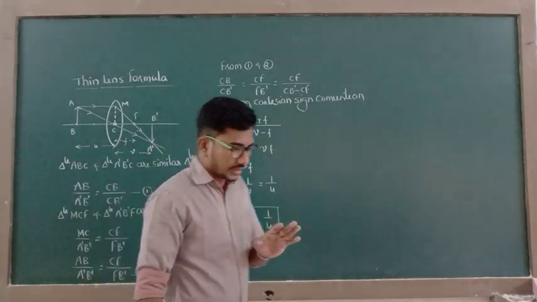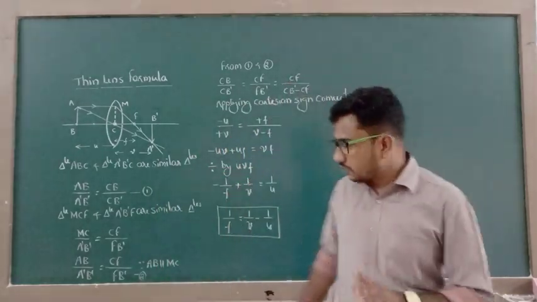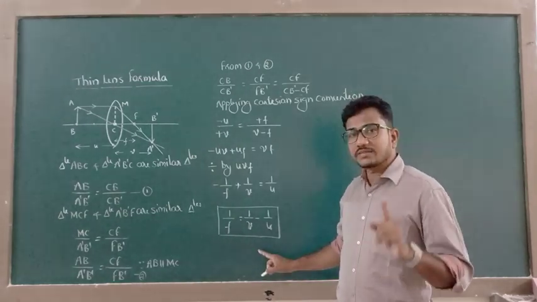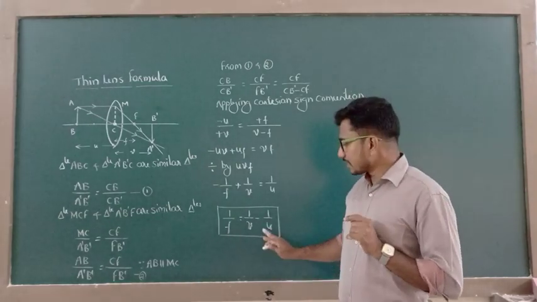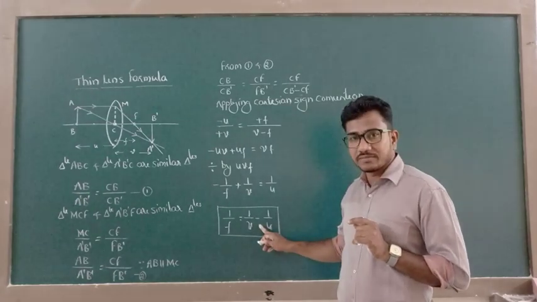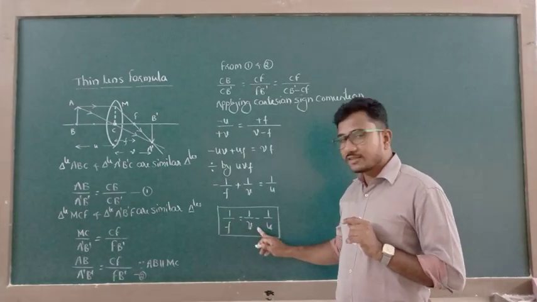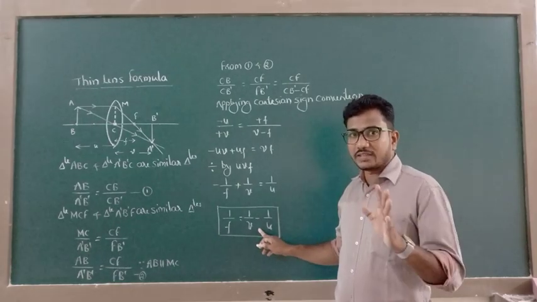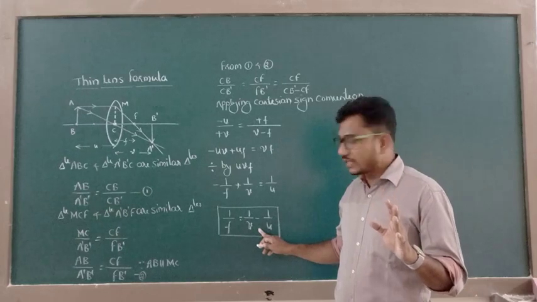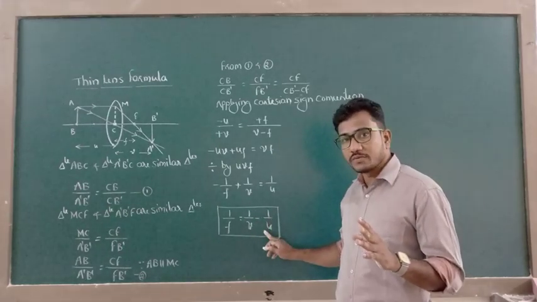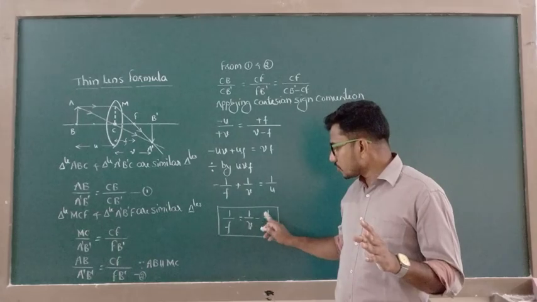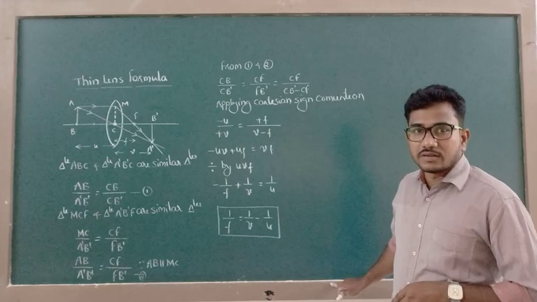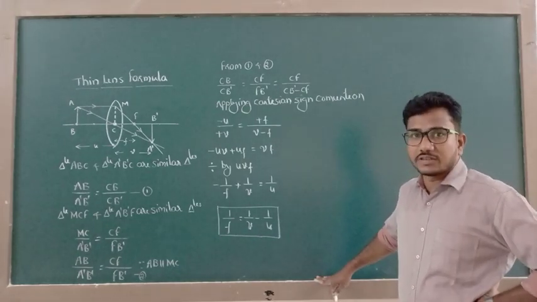Here, try to understand the equations of the mirror equation as well as the thin lens formula. In case of the mirror equation, here we will get a plus sign, but in case of the thin lens formula, here we will get a minus sign. If they ask you to mention the expression for the thin lens formula, you should write 1 by V minus 1 by U. If you write 1 by V plus 1 by U, then you are going to lose your marks. So this is known as the thin lens formula.